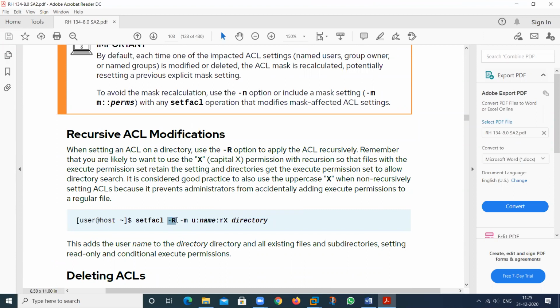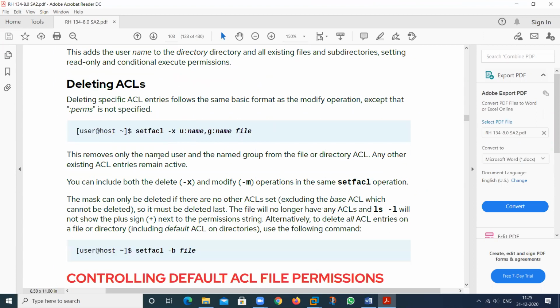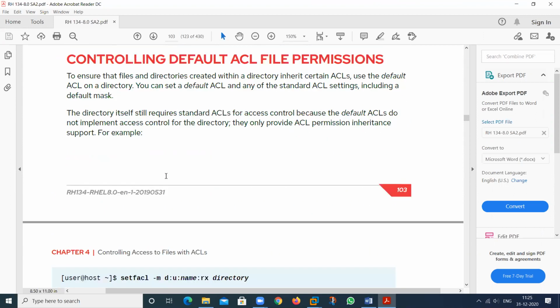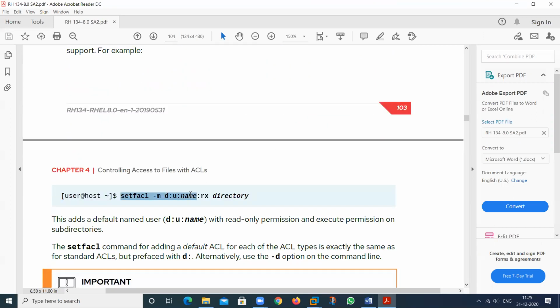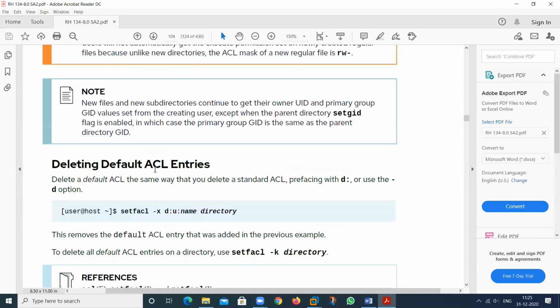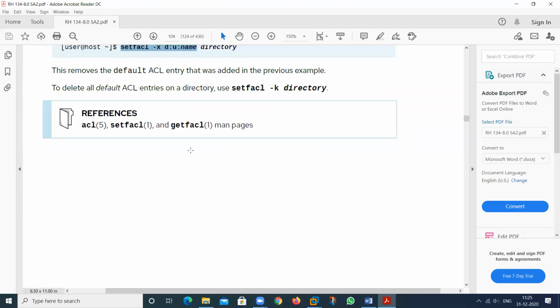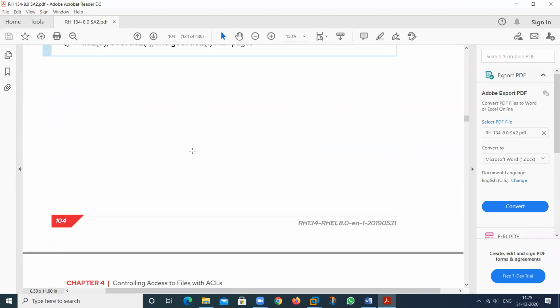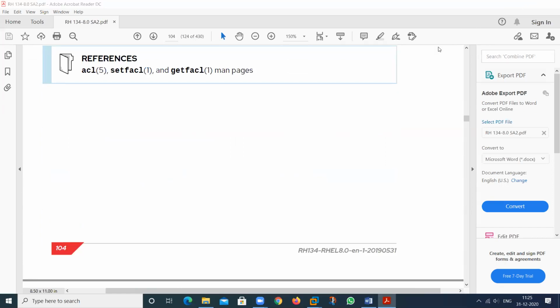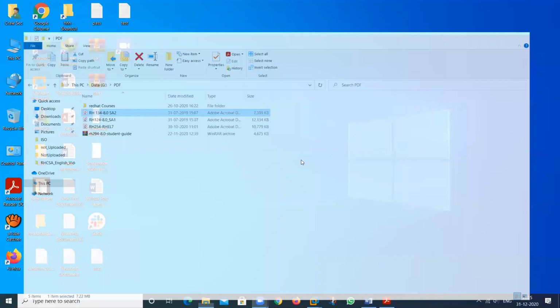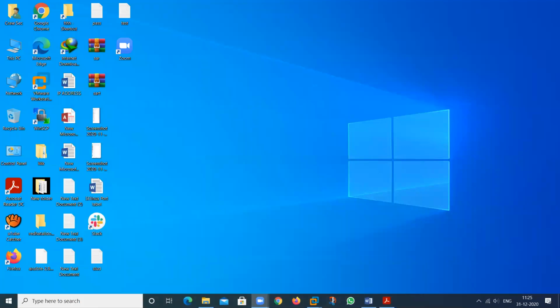So you can use this particular thing. And if you want to delete the permission, you can use the -x option that I will show you. These are for the default permissions, and delete the permissions, then this will complete. So I will tell how to apply these permissions.